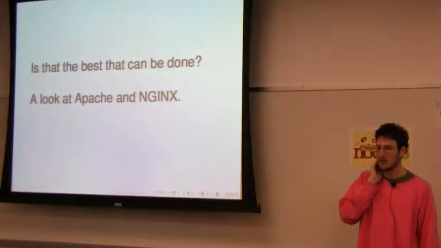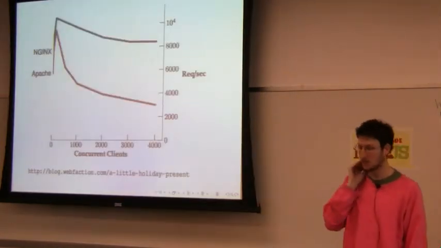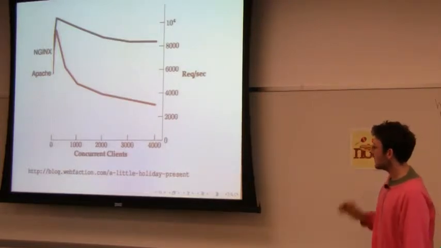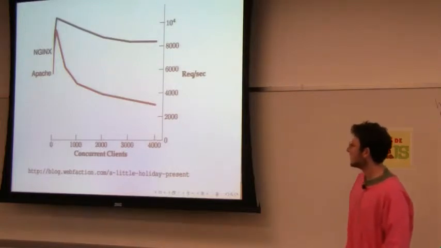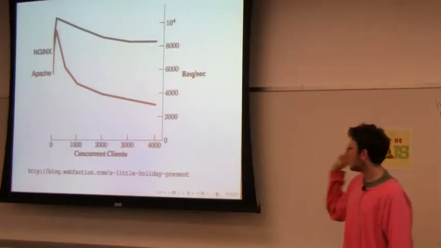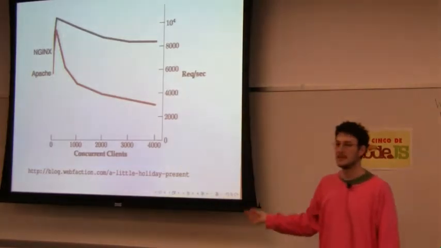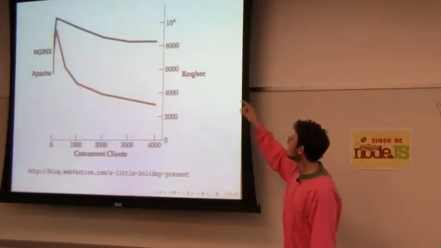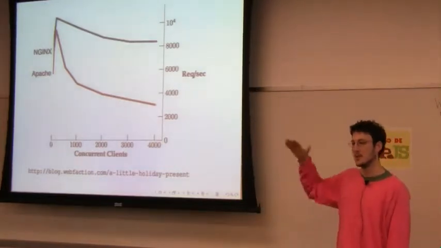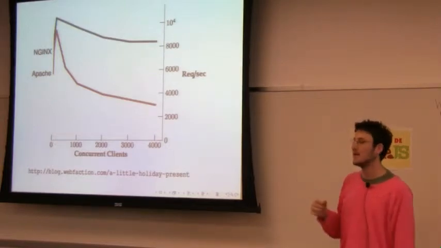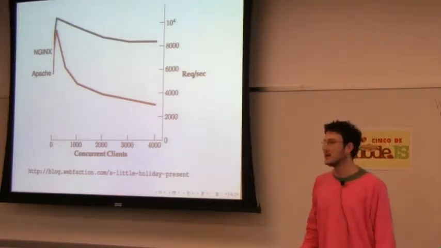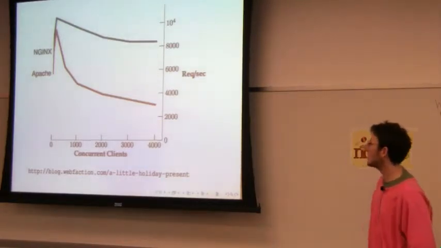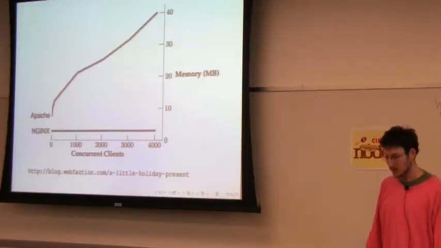If you look at Nginx and Apache, which are two very popular web servers, here's a benchmark I got off the internet. On the horizontal axis is the number of clients connecting to the web server at the same time, and on the vertical axis is requests per second. So bigger is better here, right? You want to respond faster. Nginx is faster, but not so much faster. It's only 3 times as fast, which really wouldn't be much of a concern until you look at the memory usage,